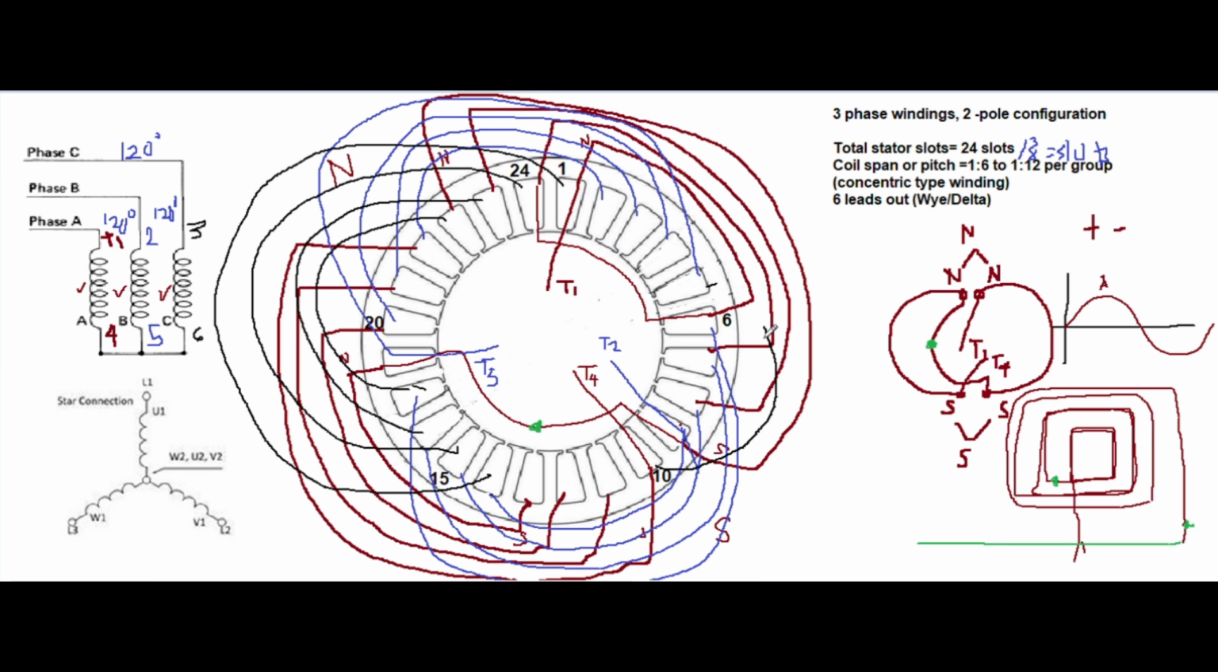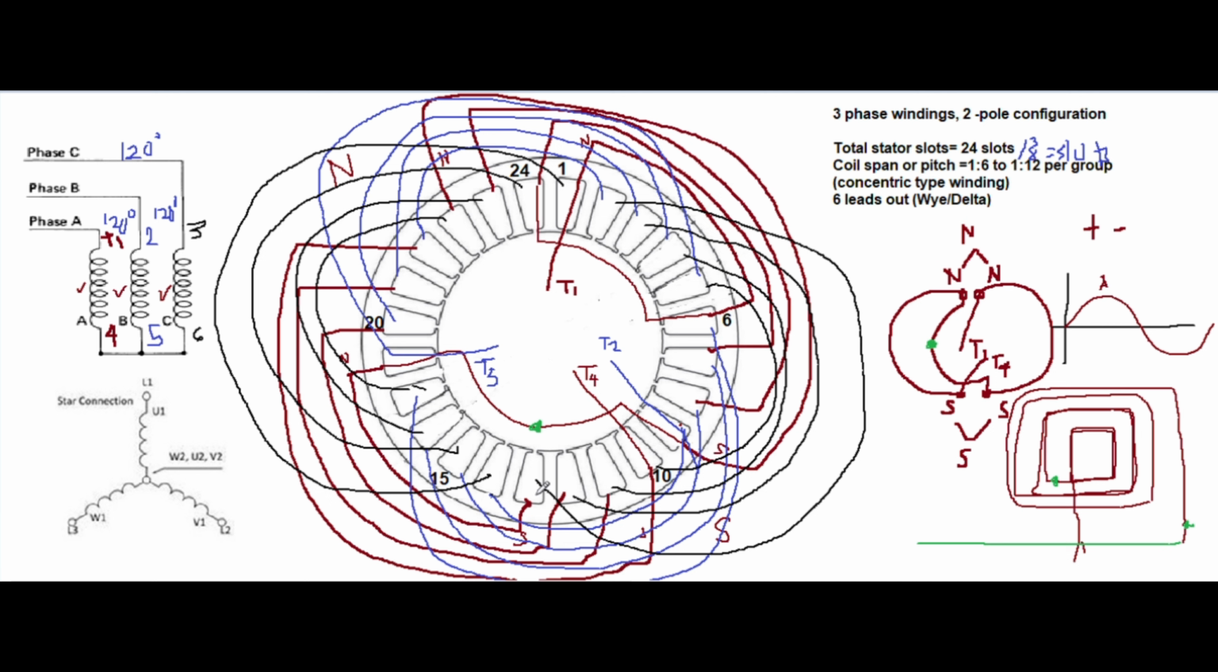So we have 1 to 6, 1 to 8, 1 to 10, and 1 to 2. All the slots should be filled with 2 coils per slot. No vacant there. That is filled with 2 coils per slot, and it should be balanced, 2 coils per slot. You have 8 coils per group. 8 times 3, that is 24 coils total. So if we are going to place terminal 3,